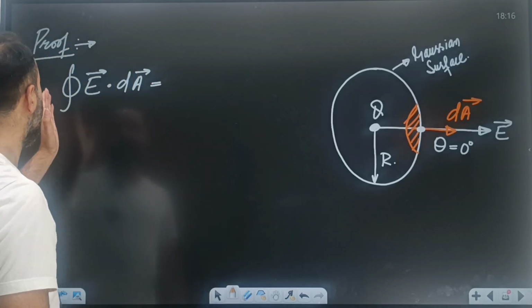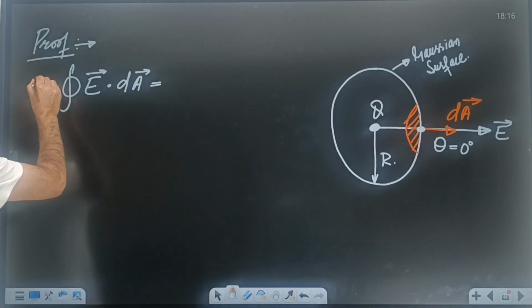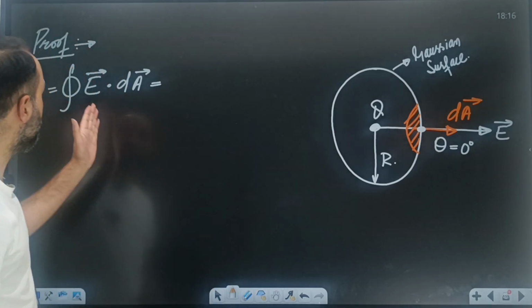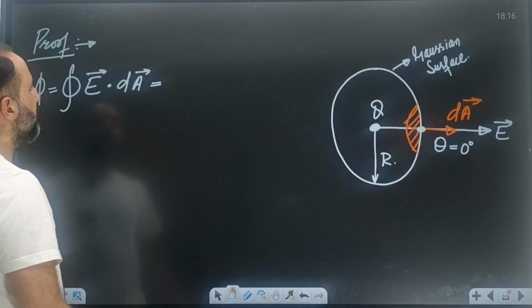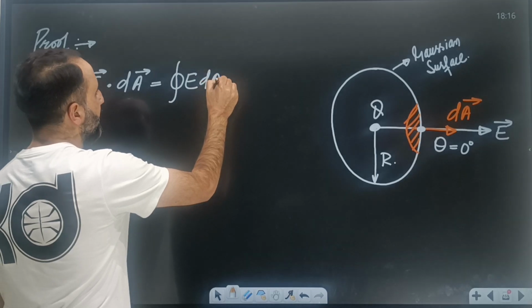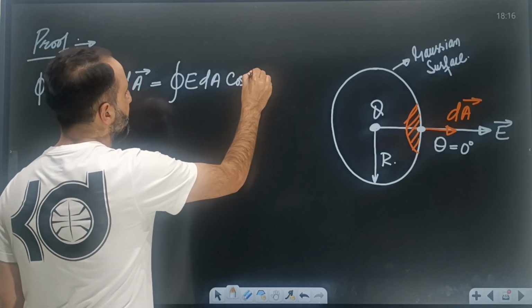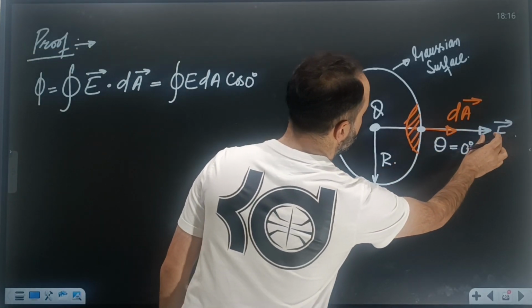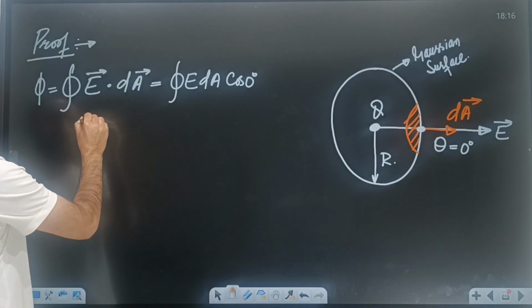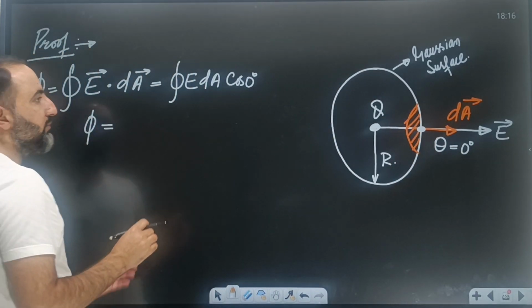यहाँ पे ध्यान रखिए बेटा. So the electric flux through this closed surface is given by this equation, isn't it? Now it is equal to integration of E dA cos 0 degree, isn't it? The angle between this electric field and dA vector is equal to 0 degree. सही है बेटा. Okay, so flux I will write like this, flux is equal to,